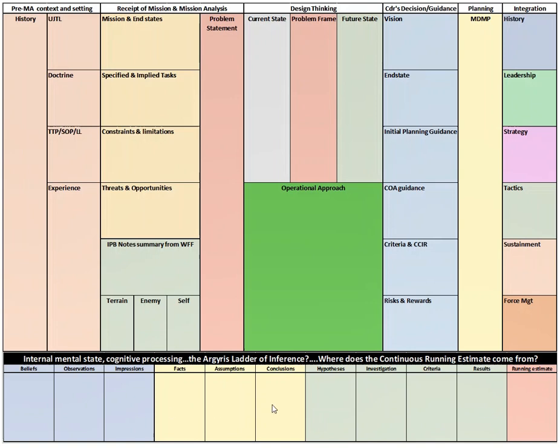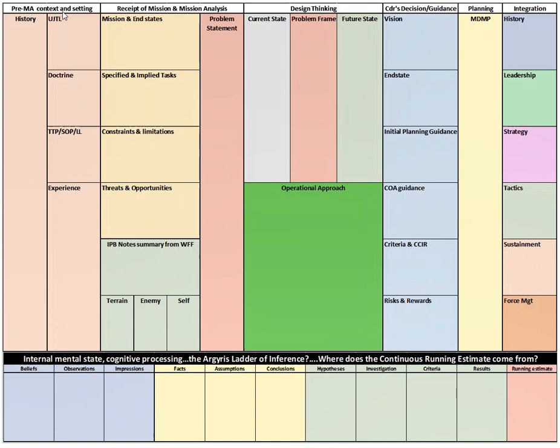And maybe that's what the commander does when he integrates the running estimates of all his staff and with his subordinates too. So I think this models broad phases and types of thinking and conclusion making about the world. And then it's related to what we're doing as we go through these more formal processes of Army formal planning. So I think of the